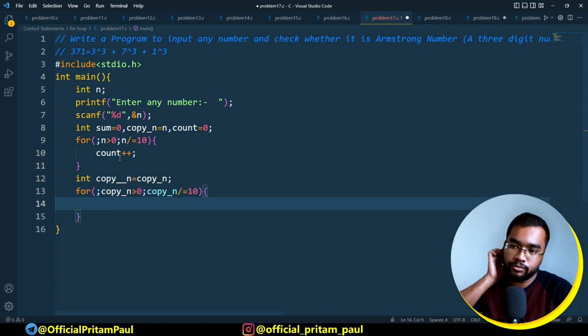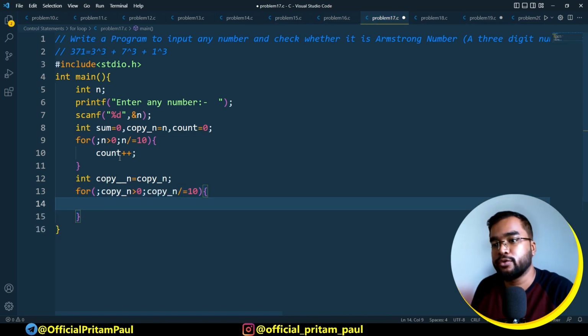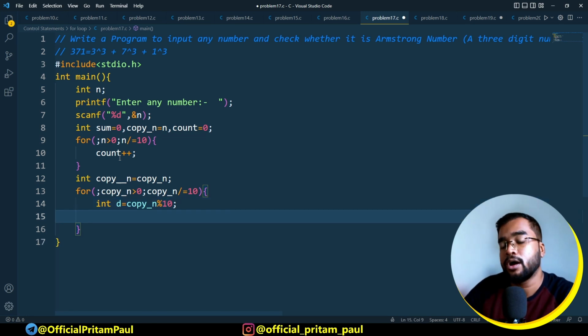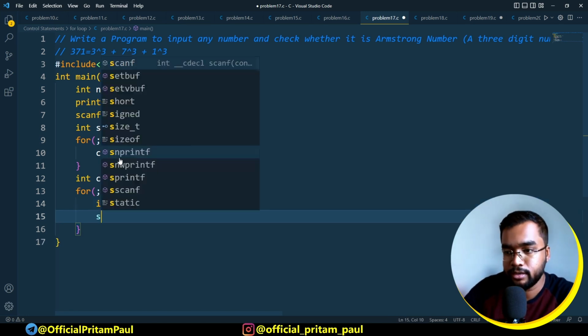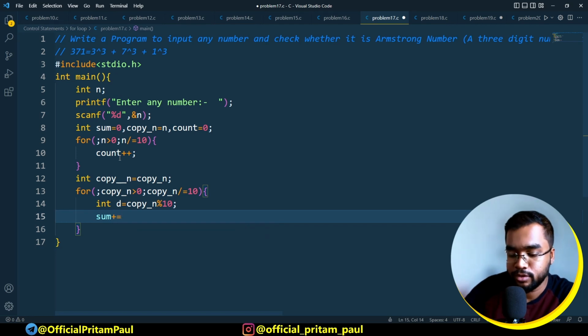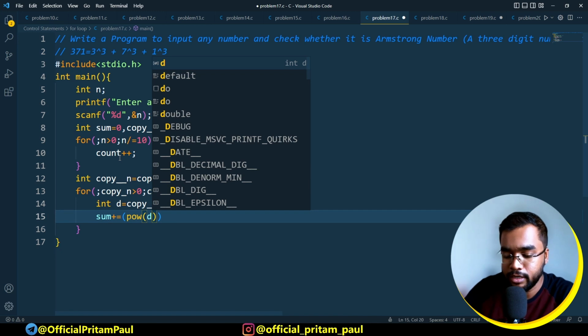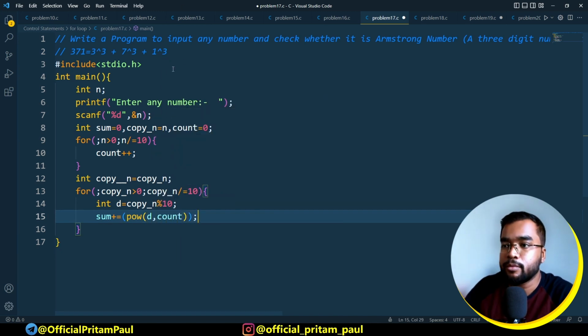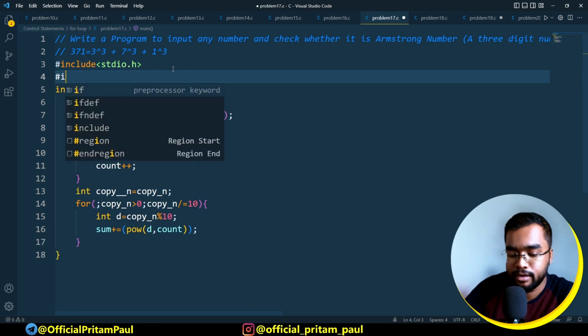Now integer d equal to copy of n modulus 10. Now we need to do sum plus equal to pow d comma count. So for pow we need to add